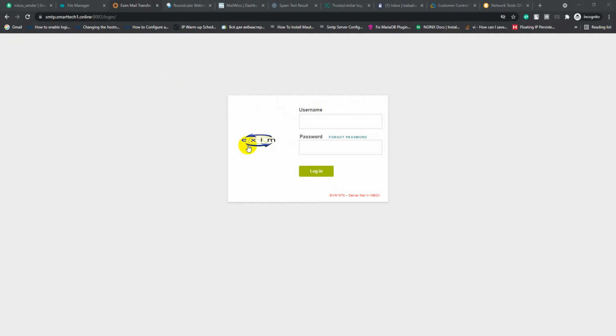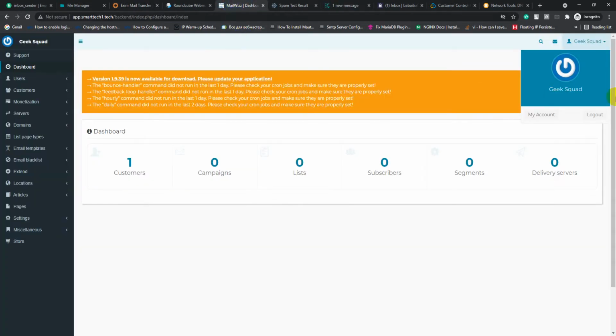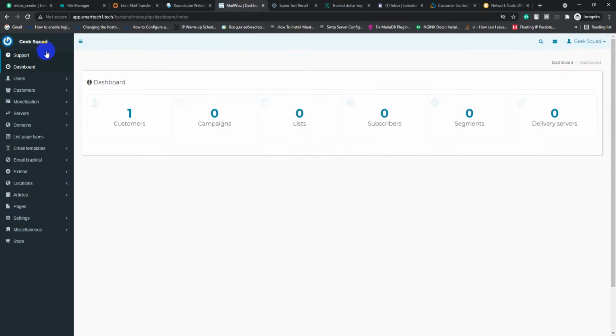So here is the Exim SMTP mail server panel that I configured for another client, and I also installed MailWiz email sending software for my client. He will use MailWiz for sending email. I will connect the Exim SMTP server details with MailWiz, and I also rotated IP in the Exim mail server